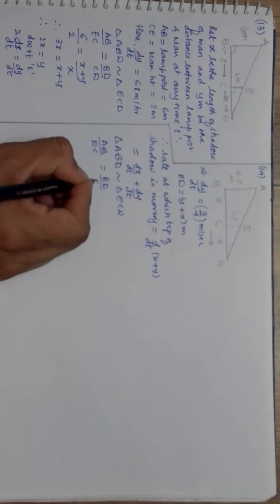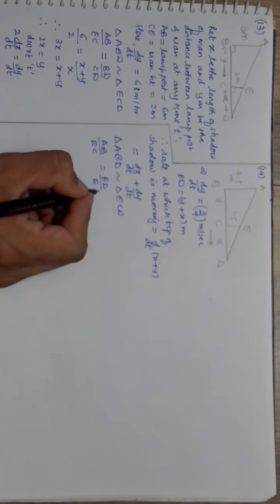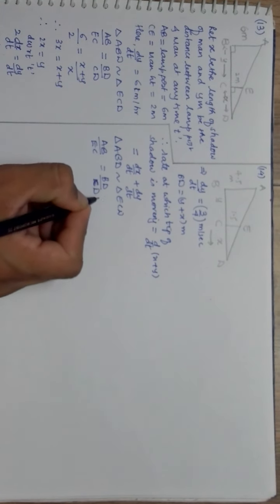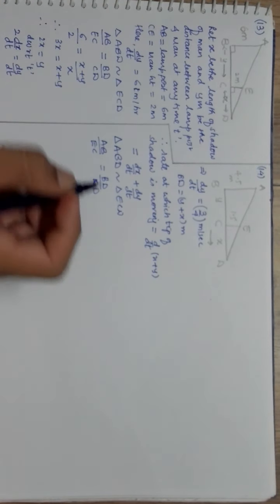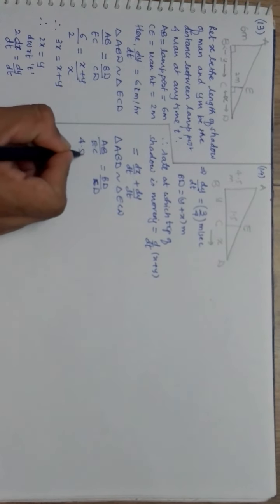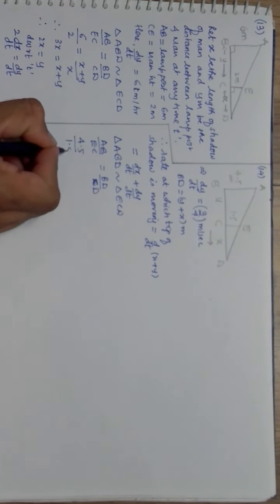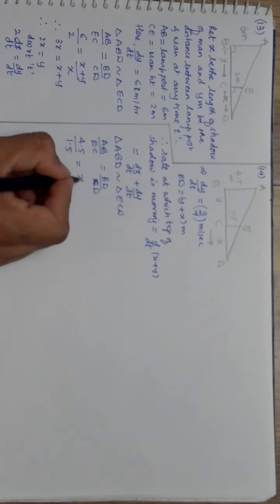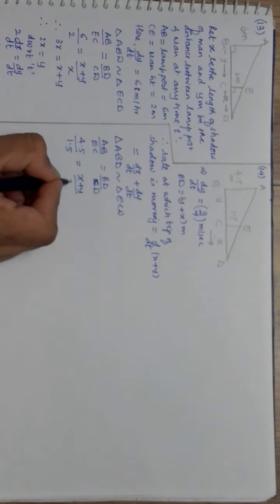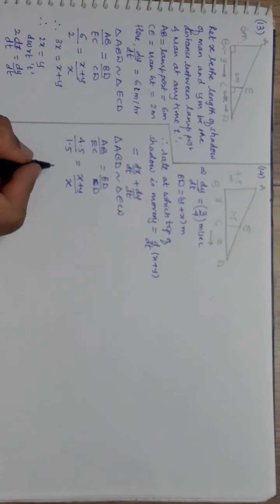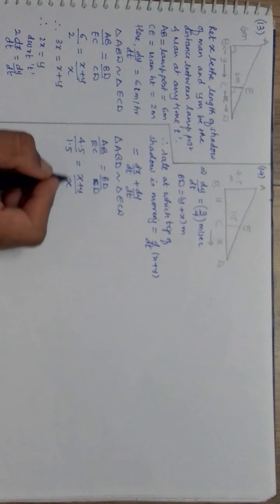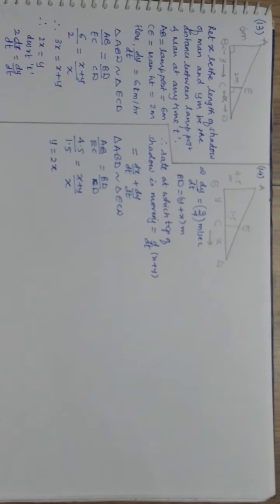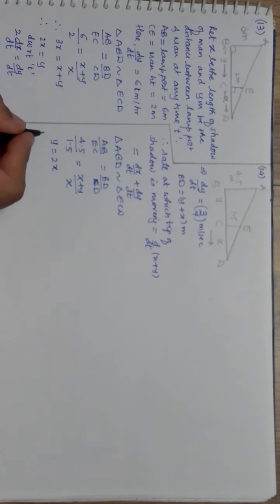is to ED. BD is to CD. Okay. So AB is your 4.5 and EC how much? 1.5. Also, that also came as 3 only. And BD is your x plus y and CD is your x. So everything remains same. You will get this again 3. So this is your 3x, this is x. So y is equal to 2x you will get here. Same, everything same. So y is equal to 2x you got.